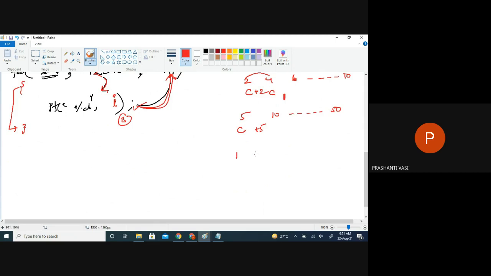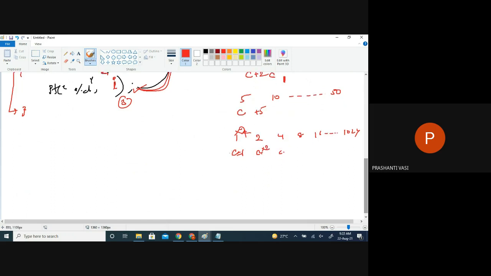If you see, you'll understand here. If I write something like this, you'll have some other pattern here. Is it going through addition of 1 or addition of 2? If you observe this pattern, no, ma'am. Multiplication. Multiplication by which number? 2. Yes. So if C value is 1 and you multiply this with 2, we'll get the next value. Now if C value is 2, if you multiply with 2, you'll get the next value.